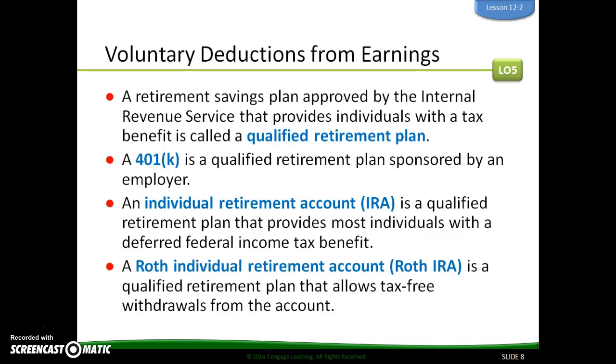A 401k is a qualified retirement plan sponsored by an employer. A 403b is one that is sponsored by a nonprofit or a government entity. An individual retirement account is one that you as a single individual can take advantage of, different than a qualified plan that's offered through an employer. Finally, there's Roth individual retirement accounts, and this is a qualified retirement plan where you put your money in after you pay tax on it right now,